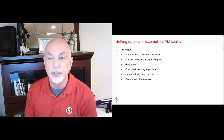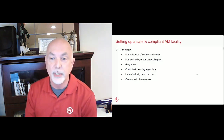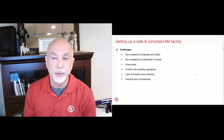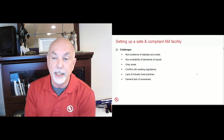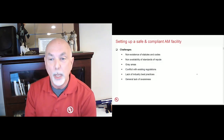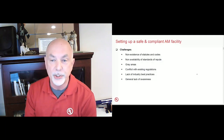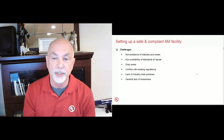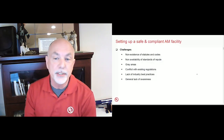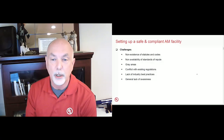They conflict with each other in some cases, where one's saying you need to have a certain safety protocol and the next one says you don't, because it's not targeted to additive specifically. There's really not a lot of industry best practices. Now, you can get industry best practices because probably you've created your own internally, but those best practices are not commonly shared amongst different organizations, different industries, and different competitive companies. And basically a general lack of awareness of what the safety requirements are and if there's a real need for